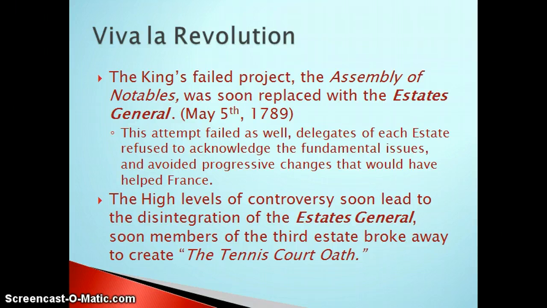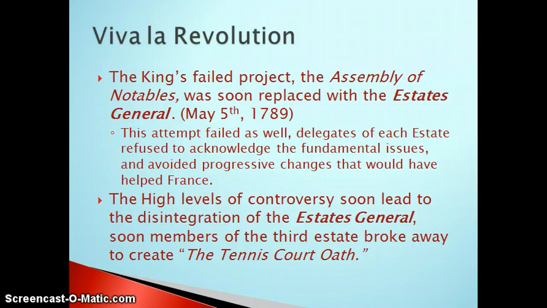And here it is, the revolution. As I said before, the King's failed project, the Assembly of Notables, failed. However, as it failed, the king was forced to reinstate the Estates Generale. And this happened on May 5th, 1789. Dates aren't key, but dates are important to understand the overall context. And the calling of the Estates Generale is kind of significant. If you remember, the last time the Estates Generale had been called to order was prior to Louis XIV. You guys all remember Louis XIV, right? You know, Sun King. Yeah, but anyway, Louis XVI, not as great of a ruler, has to rely on them to fix all of the problems of France.